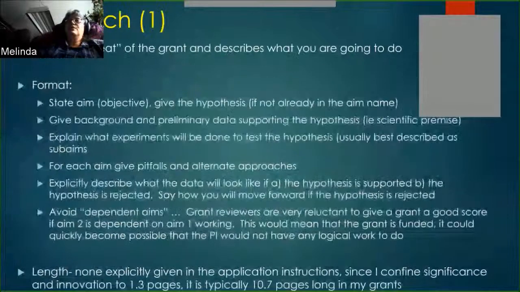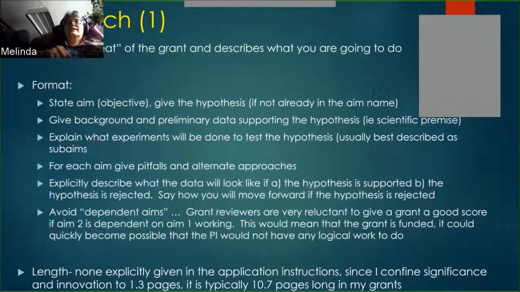Right, so then there's the approach section. So this is what you are going to do. Now, the way the NIH describes this, it seems like this is the bare bones, I'm going to do this. But for good grantsmanship, most people don't write them this way. Just giving a bare bones description of what you're doing isn't really an effective way to write the approach section. So usually the format is that there might be like a 1 paragraph long intro to the approach section